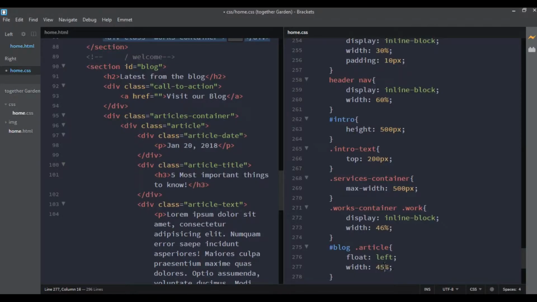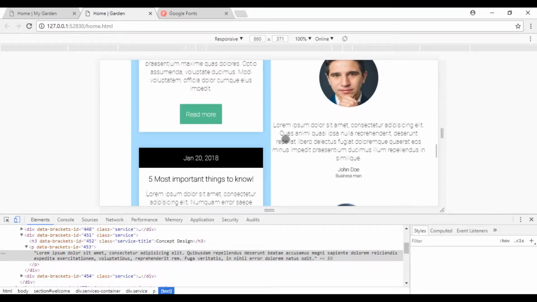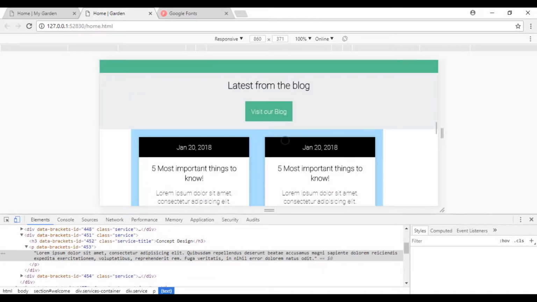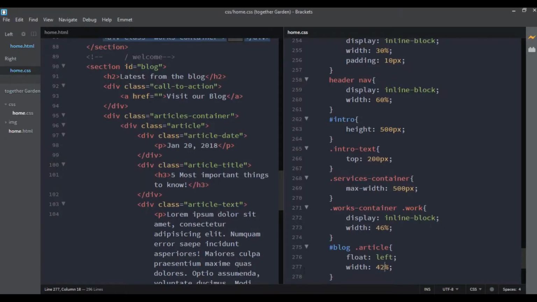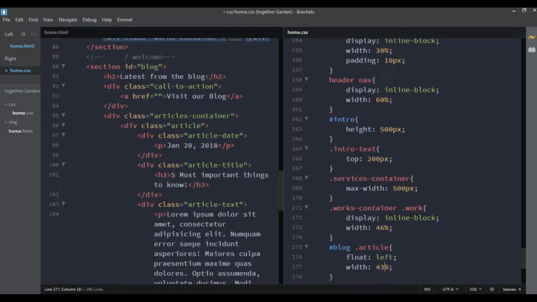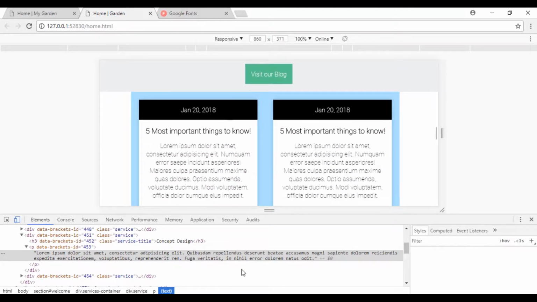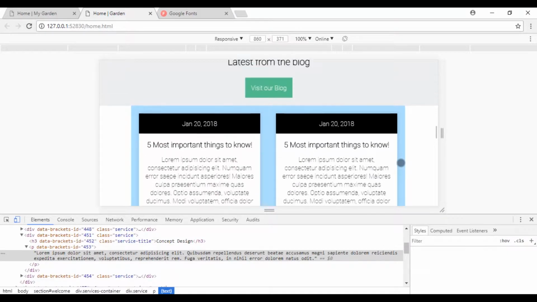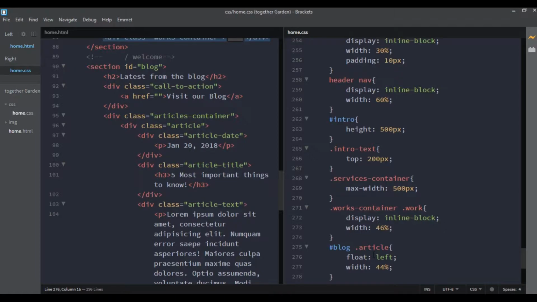So here I will use 45. Well, 45 is too much. Maybe 40. Great. Maybe 42. 43. 44. Great. Now you can notice that when we added the float left,